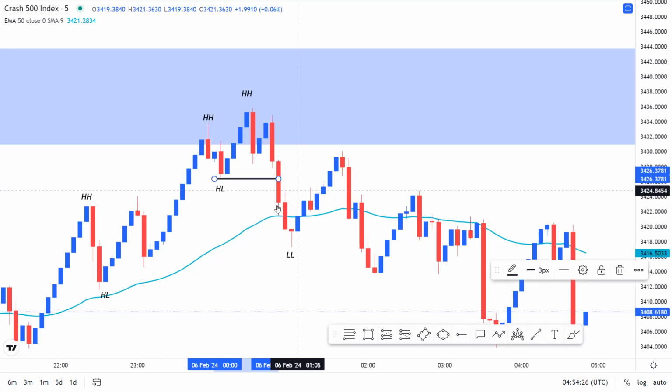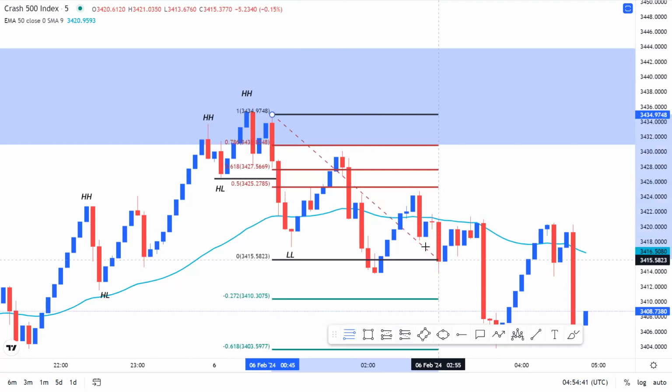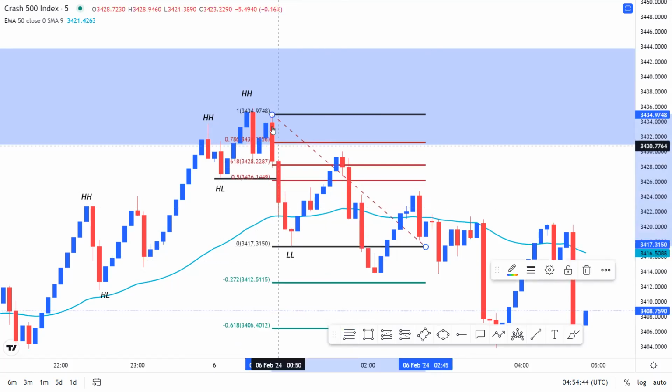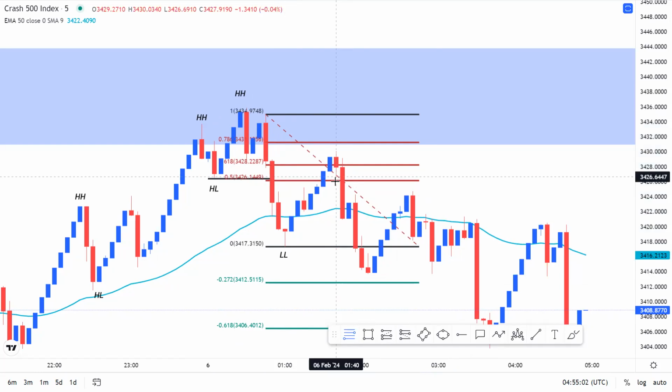I easily would have had myself an aggressive sell entry right here. But then, of course, again, I had to wait for a little retracement, bringing in my FIB retracement tool right here. From this swing high to the most recent swing low, as soon as price taps into my FIB 50 retracement level, that's where I entered an aggressive sell